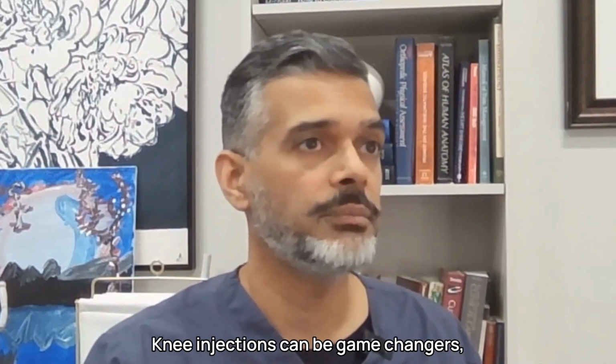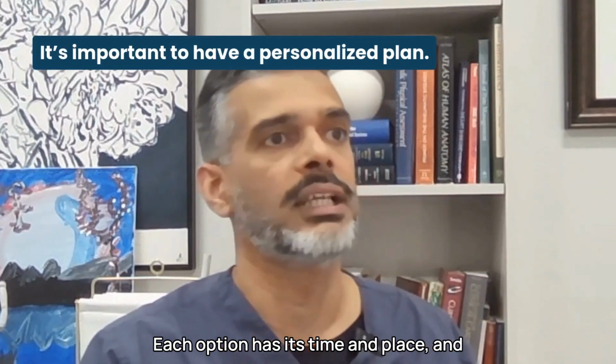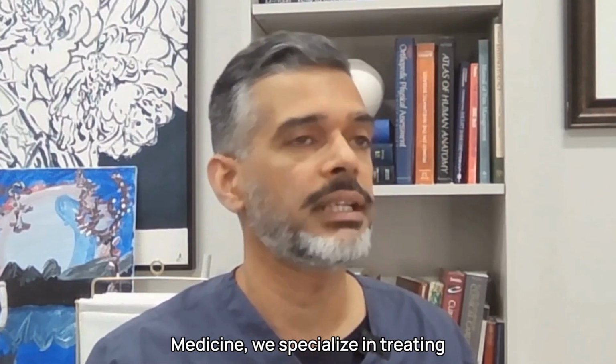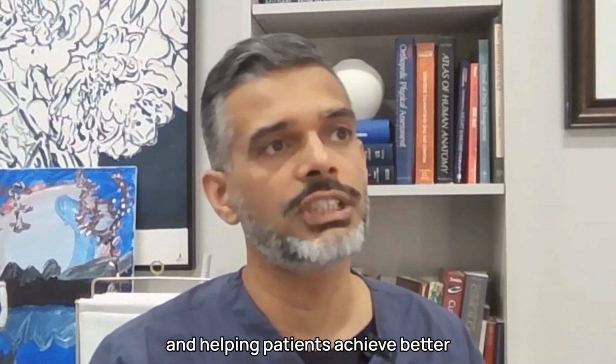Knee injections can be game changers, but they're not one size fits all. Each option has its time and place, and it's important to have a personalized plan. At Chicago Arthritis and Regenerative Medicine, we specialize in treating instability, optimizing tissue function, and helping patients achieve better outcomes